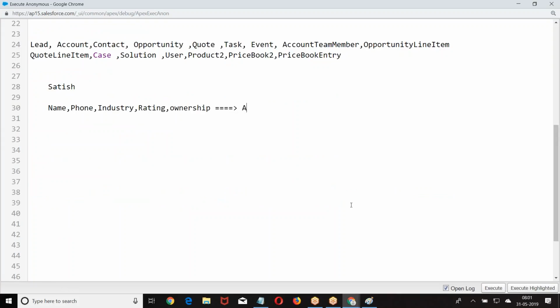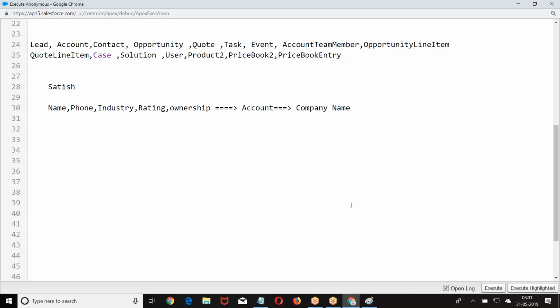Now we already have an Apex class called account, which takes the name of the account, phone number, industry, rating, ownership. Now account is nothing but what? Company name. The company or the customer with whom I am doing business, the data will be in this account. Now take an insurance application. Who will be my account? The customer who purchased my policy is an account. The company or agency which is selling the policies to the customer is also an account.